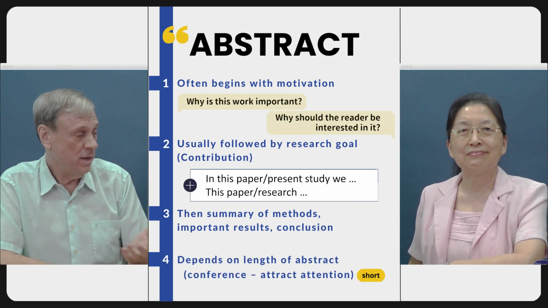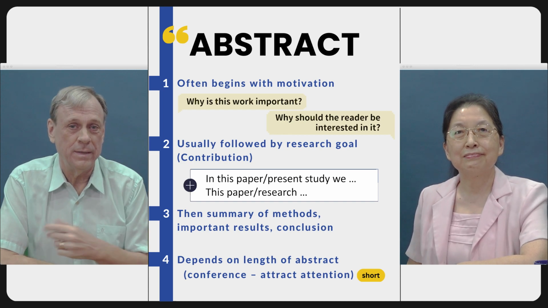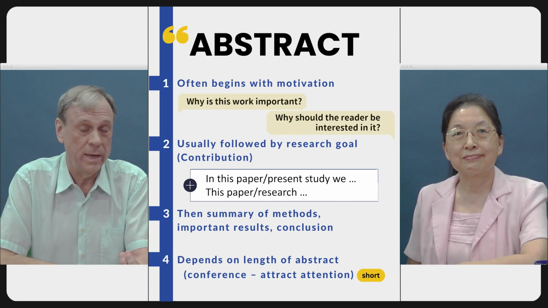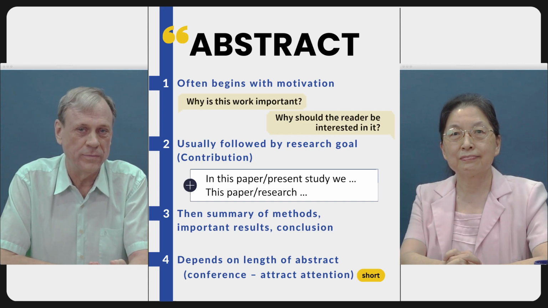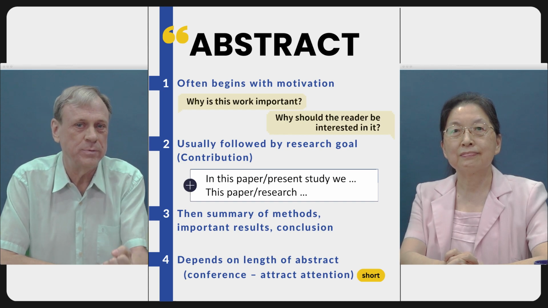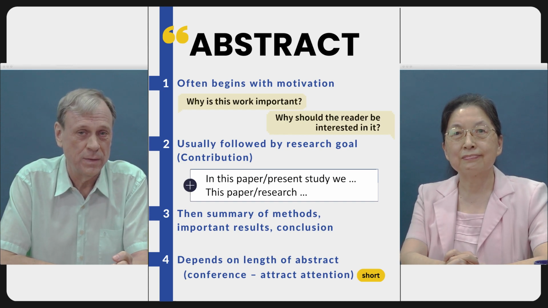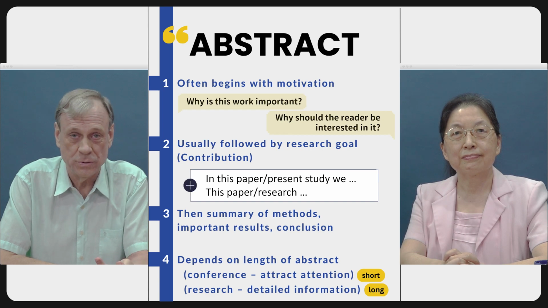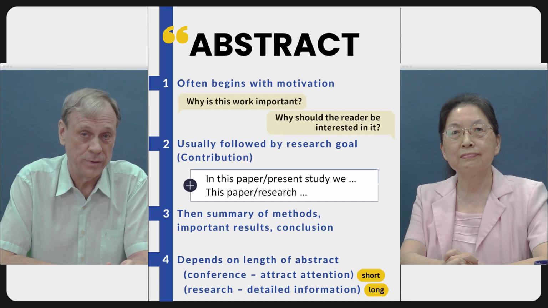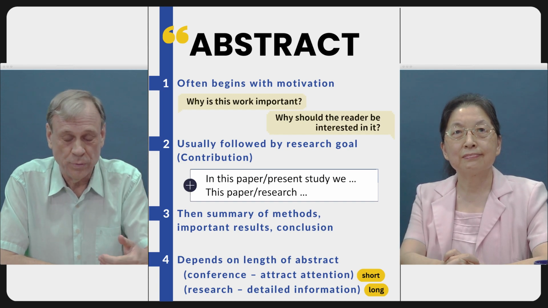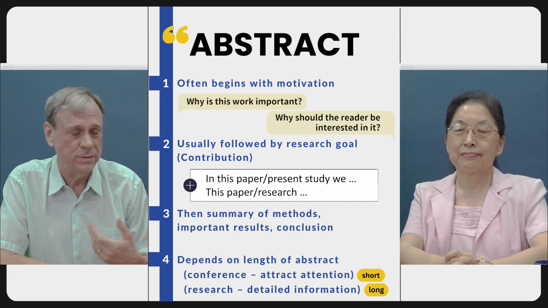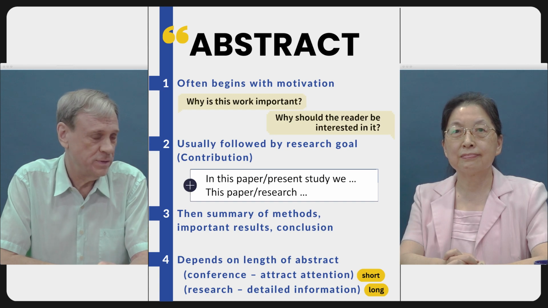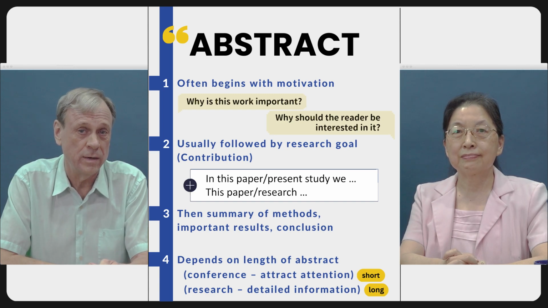Right. So a conference abstract in particular is usually or often very short, maybe even 50 words. And then you don't have room for all of this. You just put in something to catch people's attention, to get them into your session. But a research abstract is usually longer, 200, 300, sometimes even up to 1,000 words. And then you put in more details in that abstract. But still, the structure is quite often very similar from one to another. It's just a matter of how much detail.